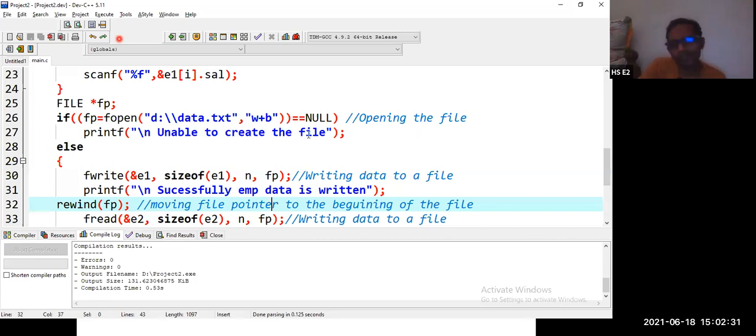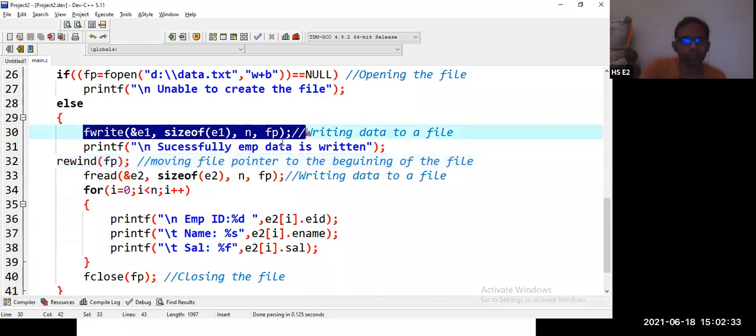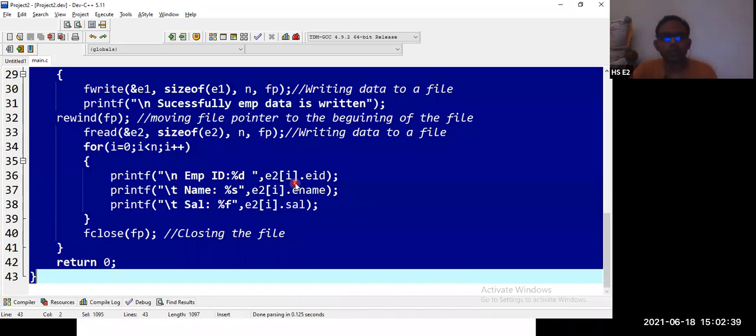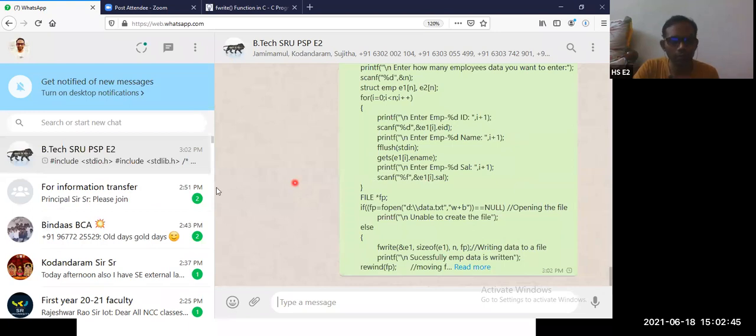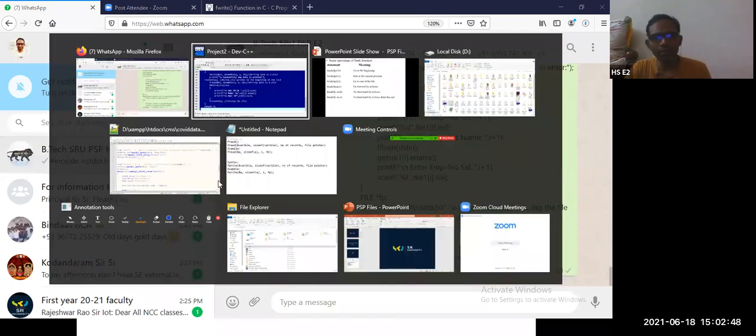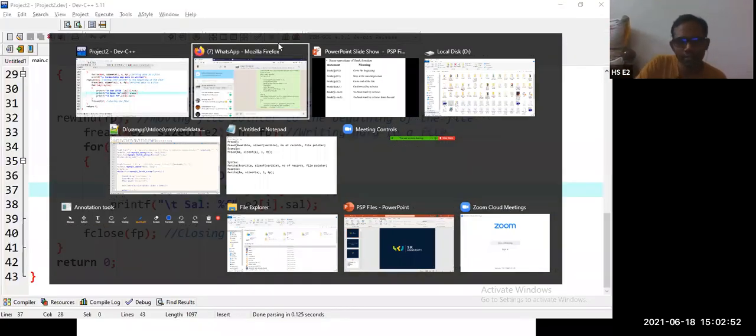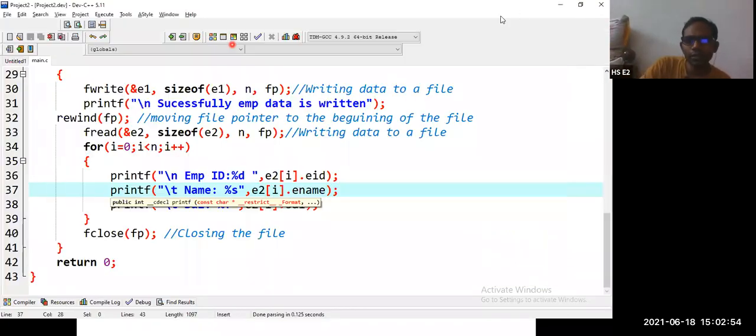Try with a for loop. If it is not working, replace this line with a for loop as we have done previously. Let me copy the code and paste it. Thank God we got power supply. So this is regarding today's class. Just try to resolve the issues if you are having any.